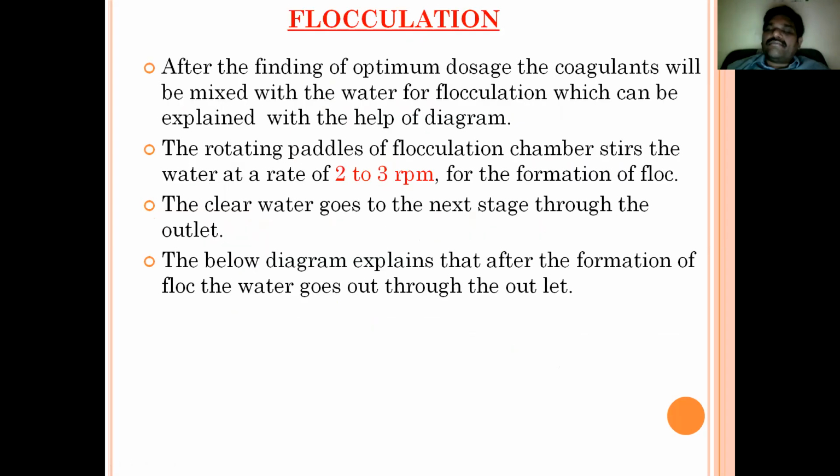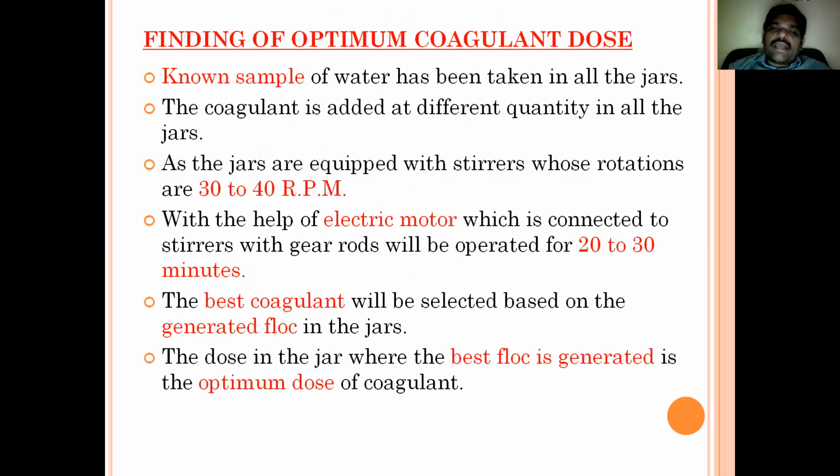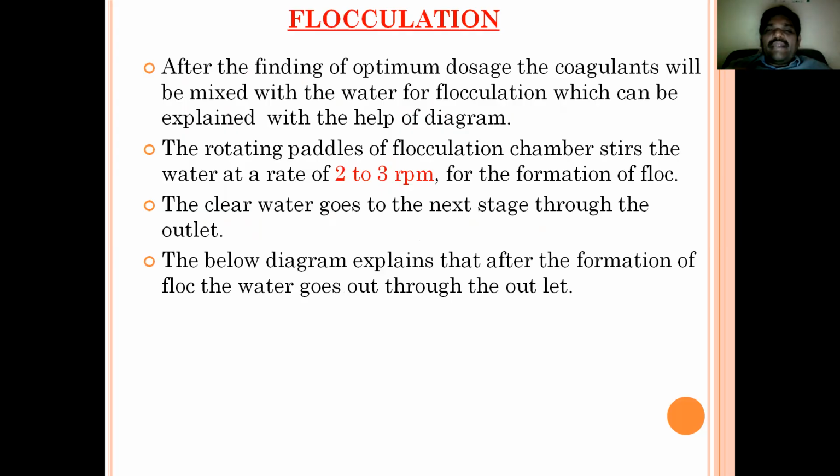Next is flocculation. The optimum quantity of coagulant will be added to the water, and it will start stirring or mixing, which is called flocculation. After finding the optimum dosage, the coagulant will be mixed with the water for flocculation. Flocculation means foam formation, foam on the top, or on the surface of the water, which can be explained with the help of the diagram. See here,